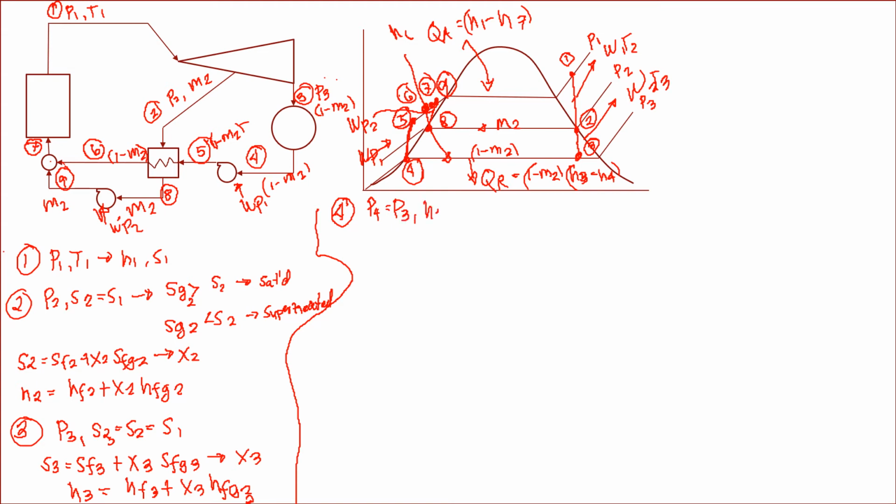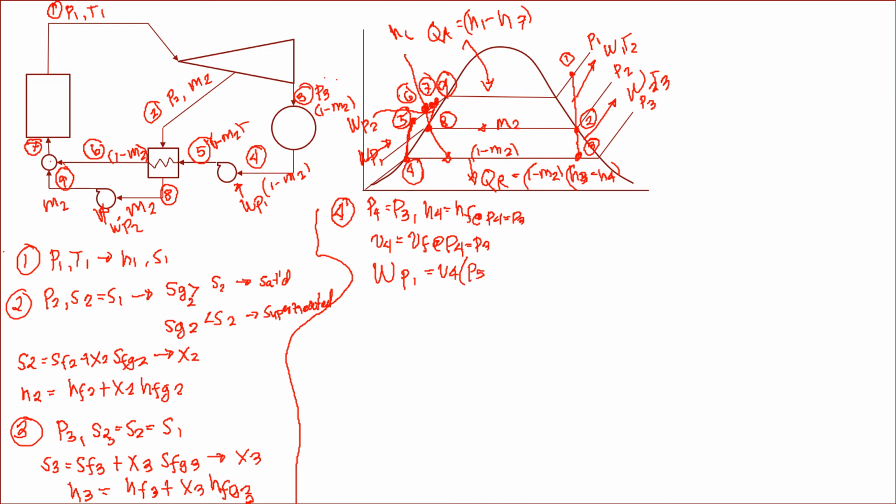And your H4 is equal to HF at pressure 4, which is equal to pressure 3. Now, since it goes into the pump, we will need to find the specific volume of V4, which is also equal to VF at pressure 4, which is also equal to pressure 3. Those give your work of the pump, at the initial calculations, work pump 1 is equal to V4 times pressure